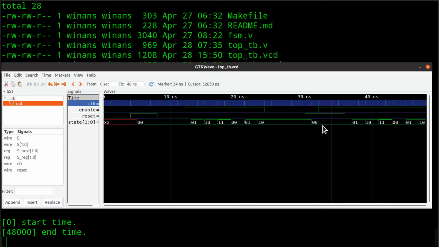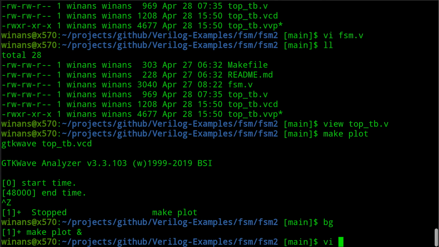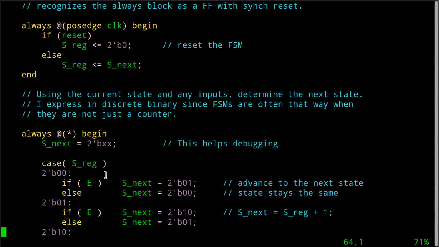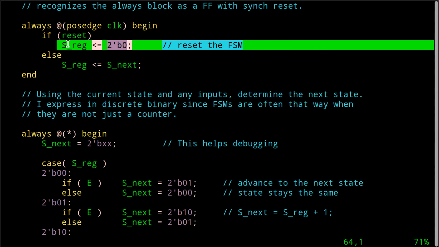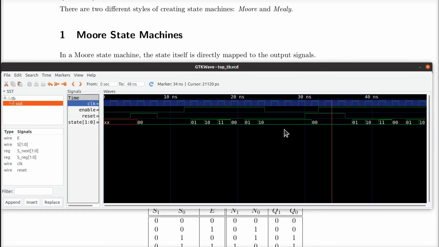Here's where we enable the counter while reset is on at the same time, and we clearly see that reset takes precedence over the enable. That's true because, if you look closely in here, we're saying if it's reset, set sreg to 0. Else, put in there whatever the combo down here says to put in there. Because the combo down here always says put in the current value plus 1, it never gets here when reset's active, which is why it stays 0. Okay? Combo circuit's always running